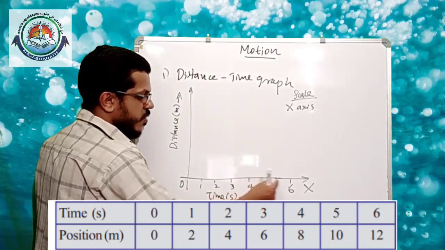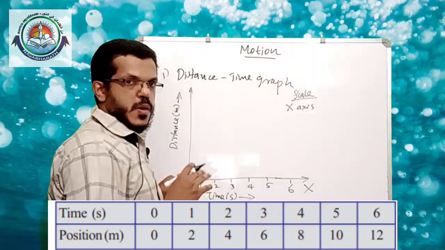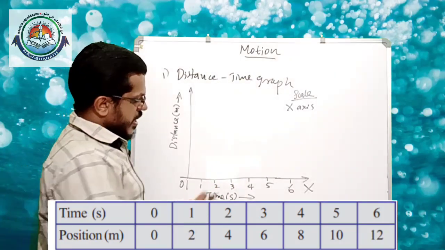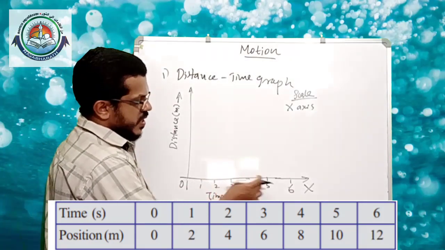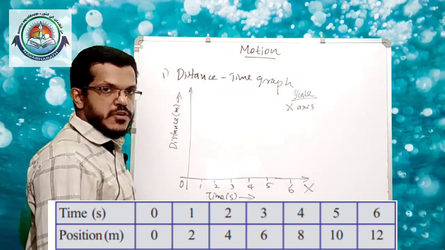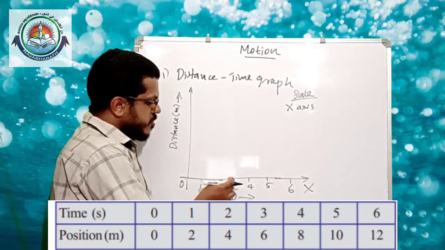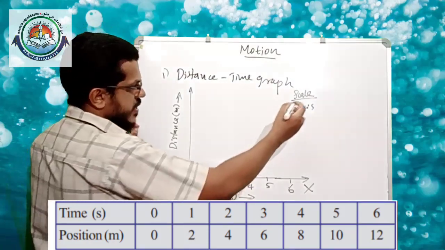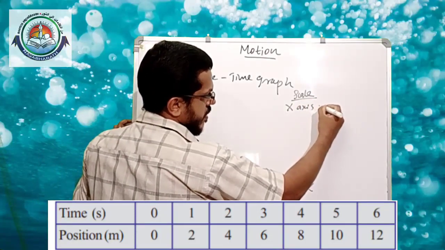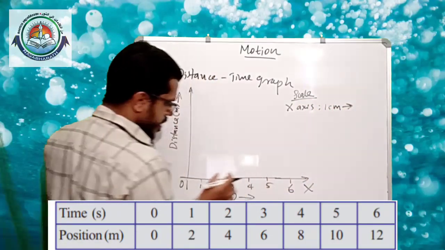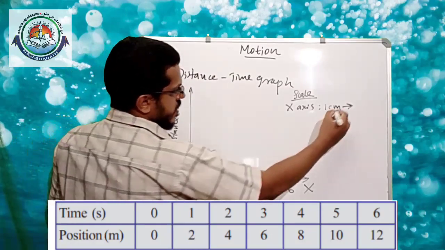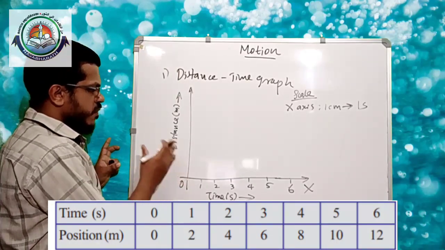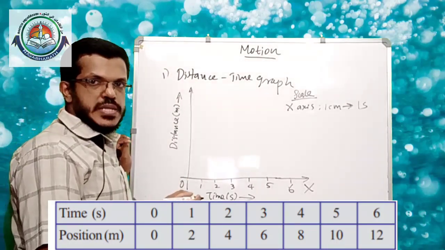This scale must be equal. That is the property of a graph. If the scale is different, the graph is not correct. All this 1 centimeter must be equal value. If you are drawing a graph, all the 1 centimeter should be equal. That is known as scale. On the x-axis, 1 centimeter is 1 second. That is the scale. And then if you plot the values on y-axis, based on the table,